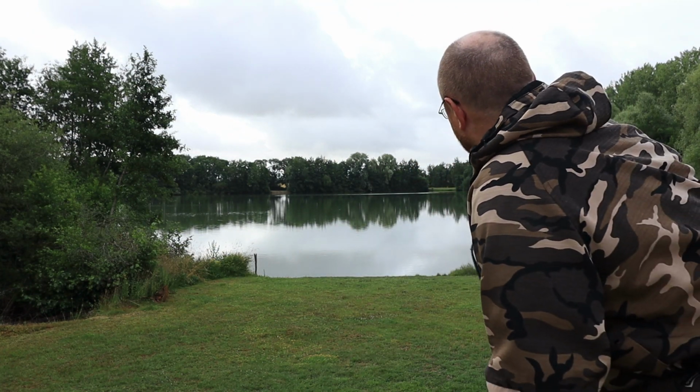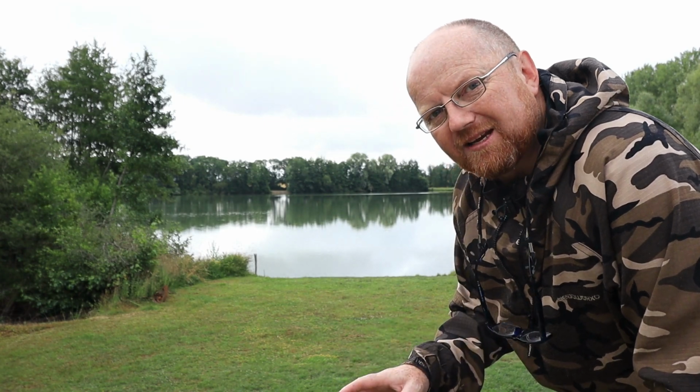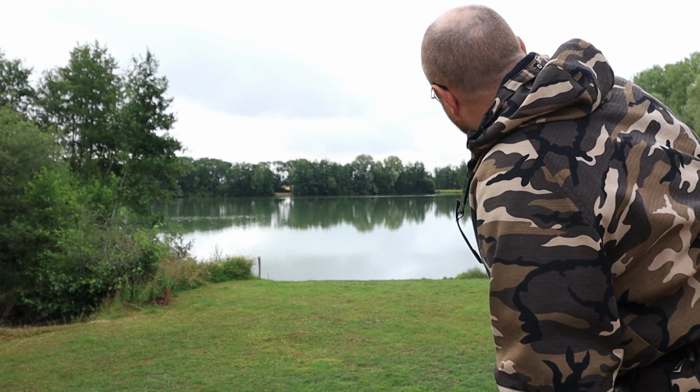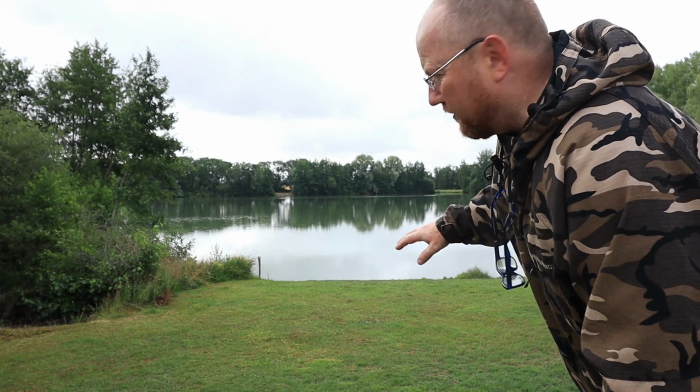This is peg 1. It's very spacious. You'll find all double pegs are absolutely massive. So peg 1, which has got trees on the right hand side, trees on the left hand side, and quite a compact swim. If the fish are in there, great, but